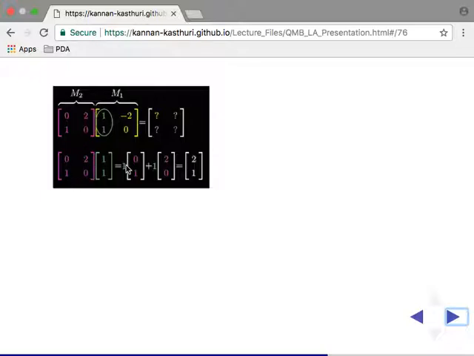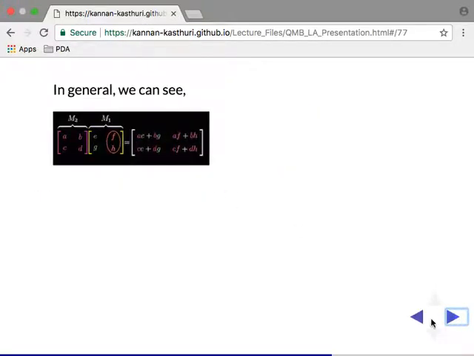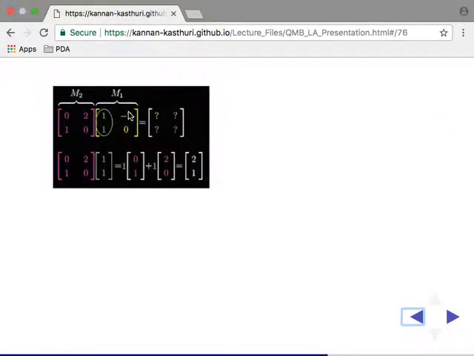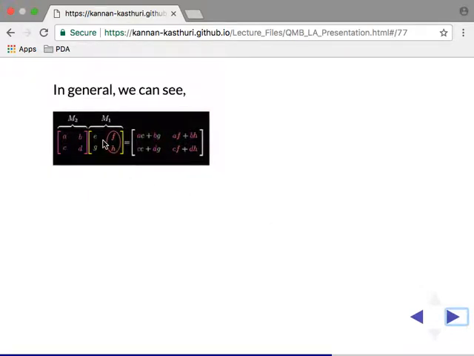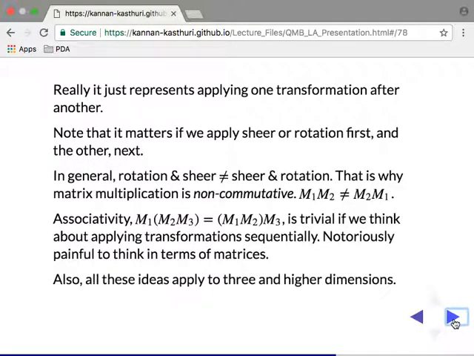So this is just given by 1 times 0, 1 plus 1 times 2, 0. So this is 2, 1. And similarly, you know where the j goes. You have to multiply the minus 2 and 0 with this. In general, that is why it is given this complicated formula of matrix multiplication. It's just the composition of where the point is going to land. This is where the i goes and this is where the j goes. So you can immediately infer how matrix multiplication behaves instead of thinking about that complicated formula.